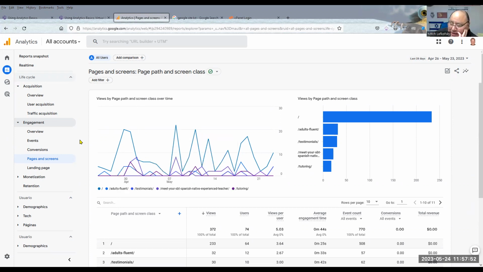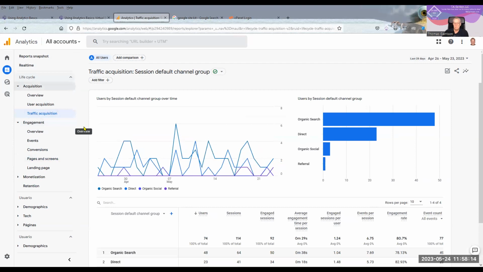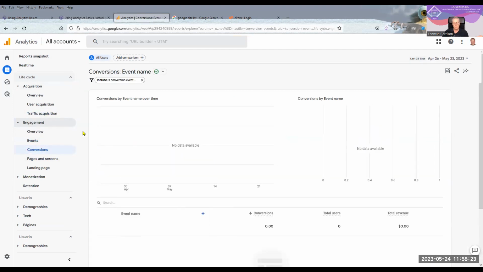I mean, my company is SEO Turbo Booster, so I better know some of this. Oh, wow. Yes. If I were you, just take the day, or however much of the day that you can, and go through each and every one of them. Because some of them you're going to go, yeah, I don't care about that. Maybe traffic acquisition. Events, do you have an event that you've done? Conversions, that's a big one.